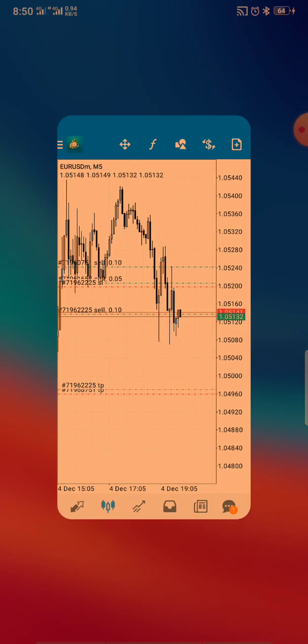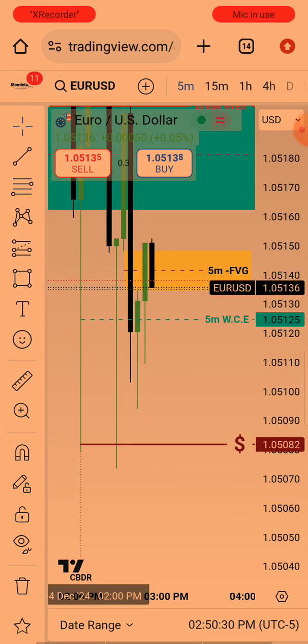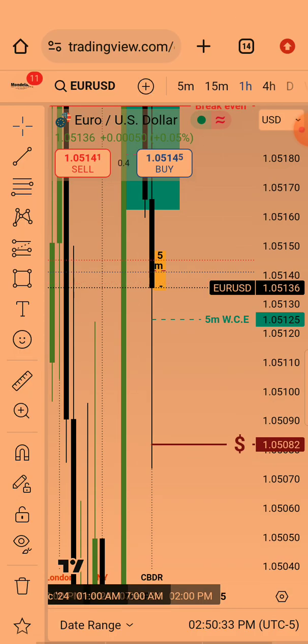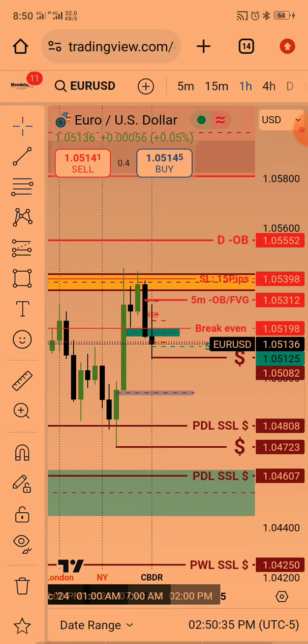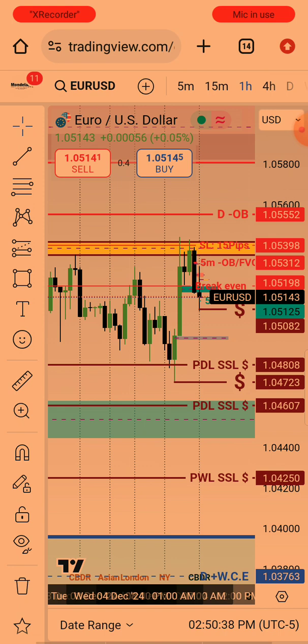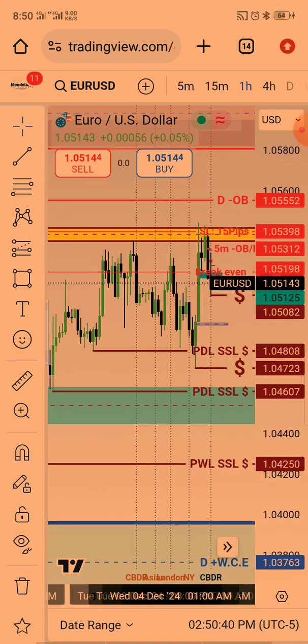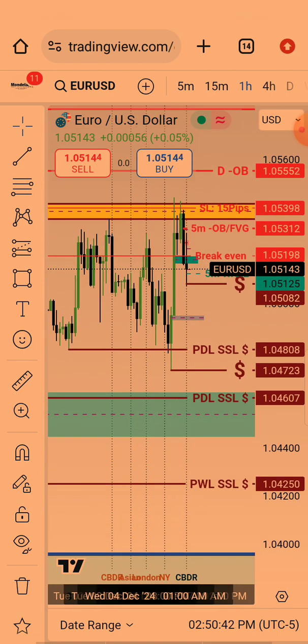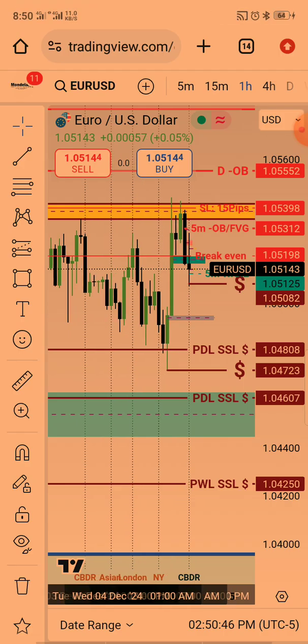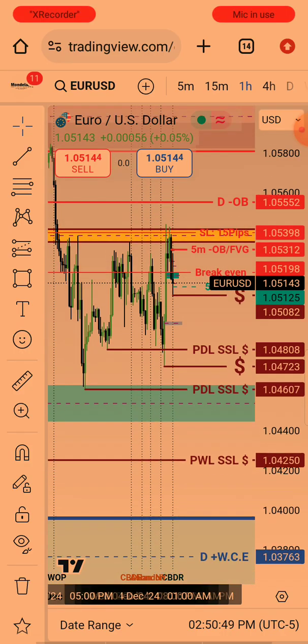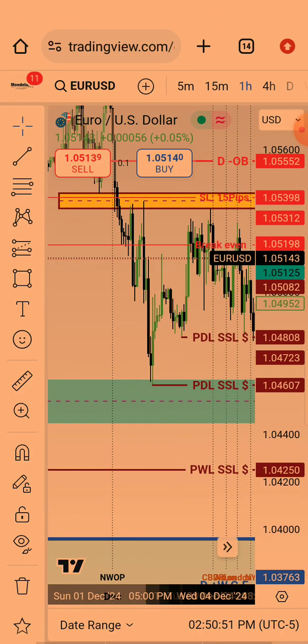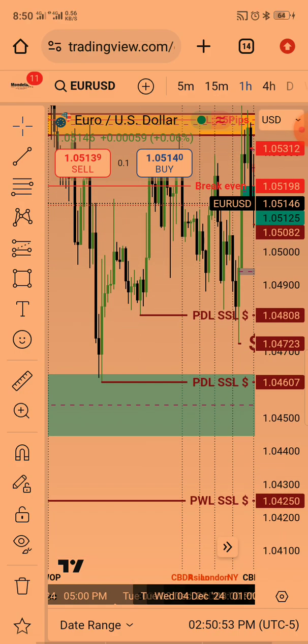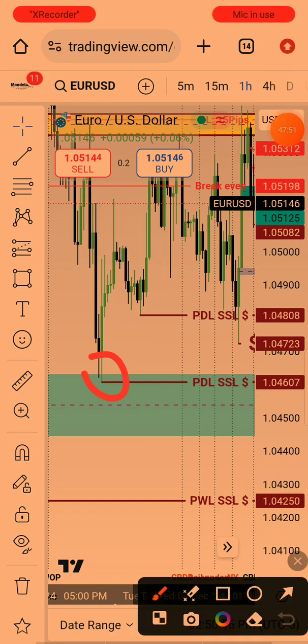Or let me check something here on TradingView first. Okay, one of my take profits is here, right? Let me show you what I'm talking about. So now I can decide to put the second one below this low. That third entry now, because I'm in with three positions now, below this low. Let me get in there. I can put another one there. So that low,